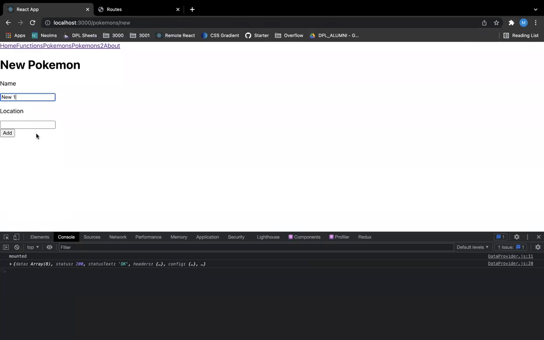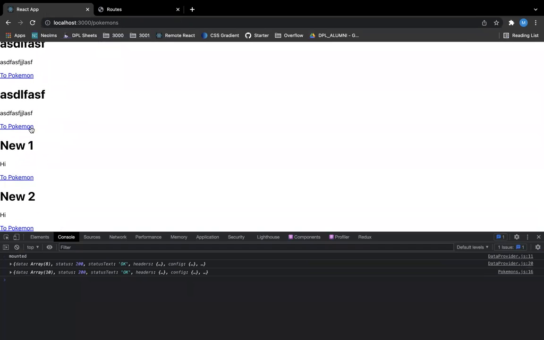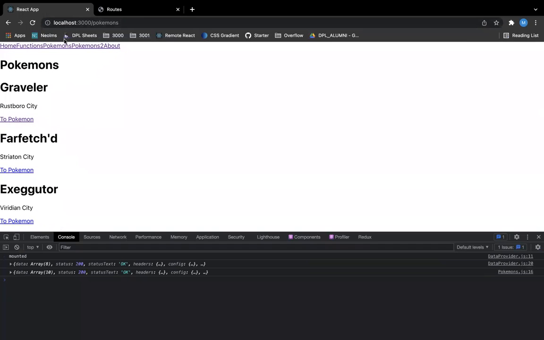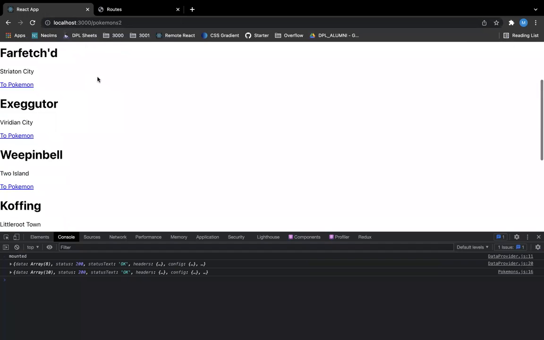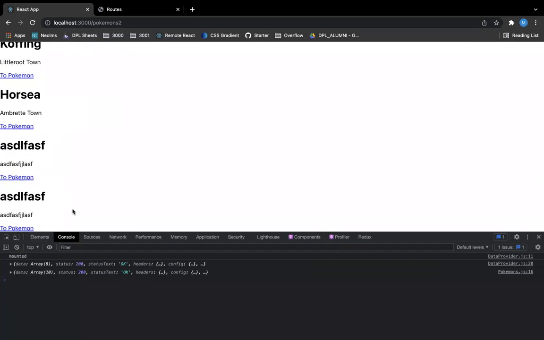New one, new two, add. So if I just go to Pokemons, this Pokemons was using an axios.get within this page, and new 1, new 2 shows up. Pokemons 2 does not have the new 1, new 2 show up because